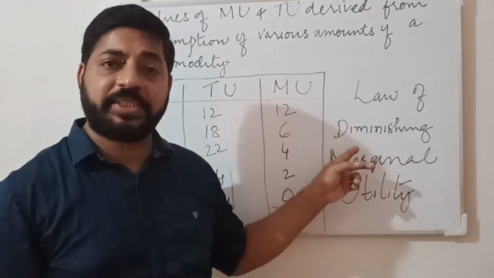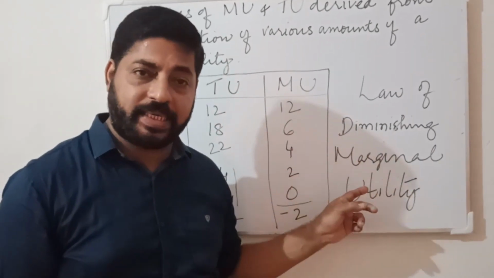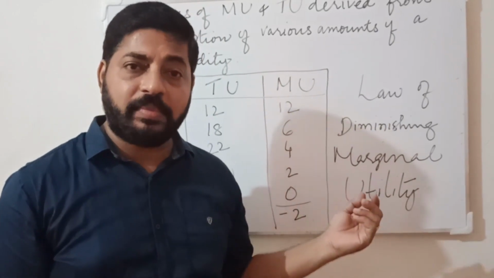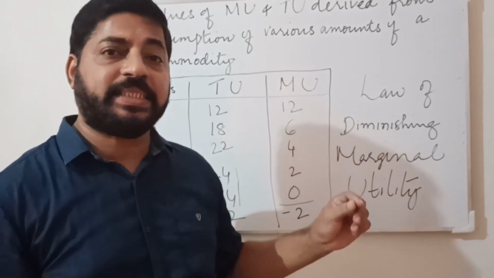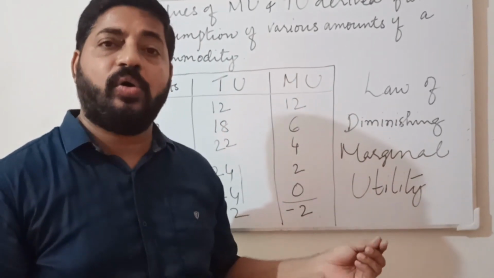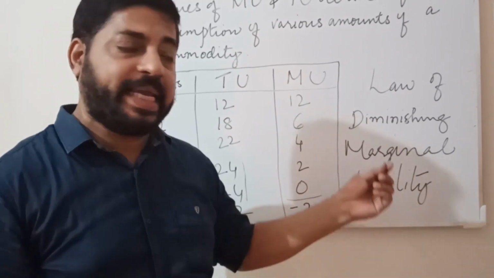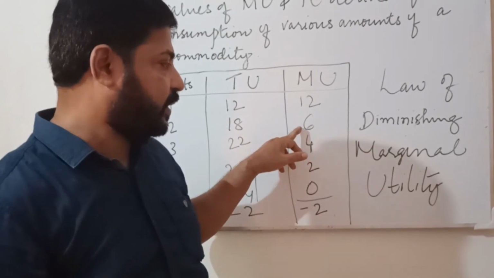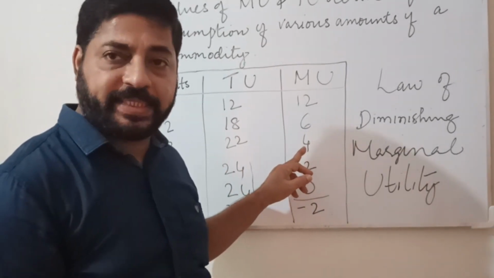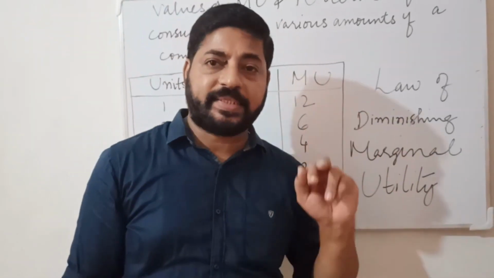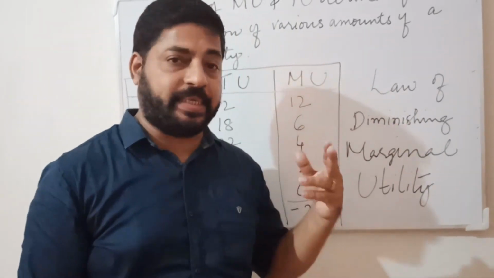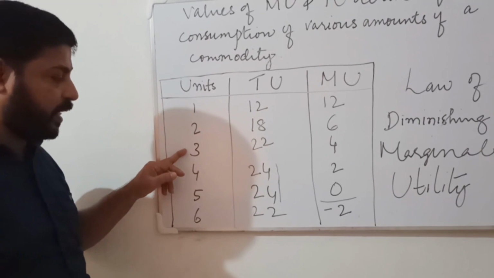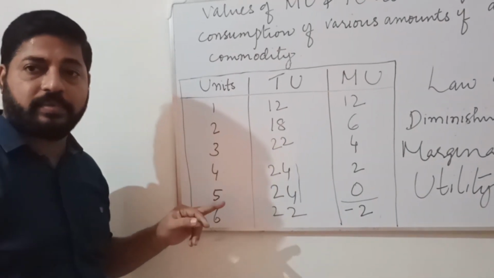Law of diminishing marginal utility states that marginal utility from consuming each additional unit of a commodity declines, example 12 to 6, 6 to 4, etc., as its consumption increases, example unit 1, 2, 3, 4 like that,